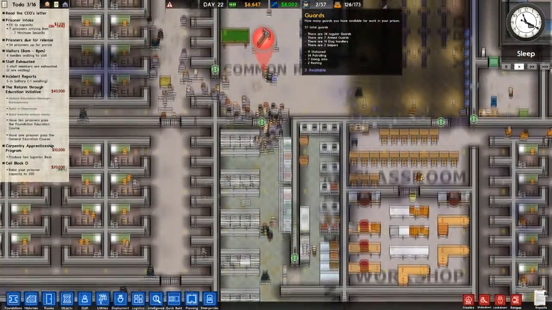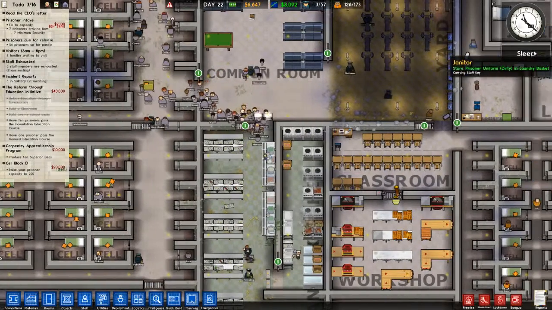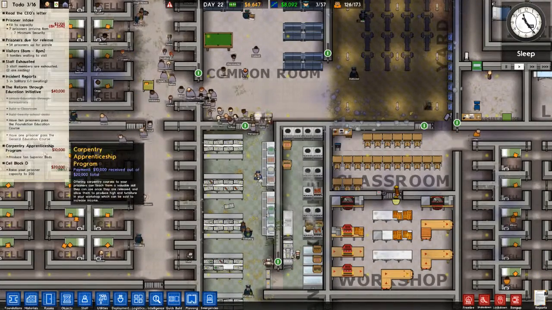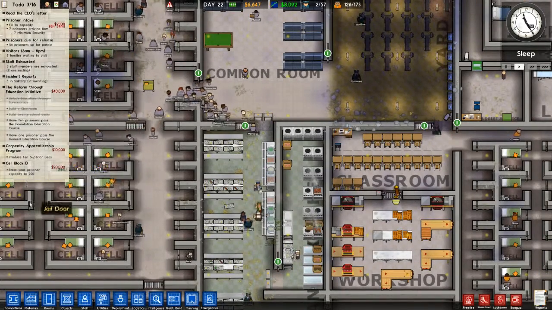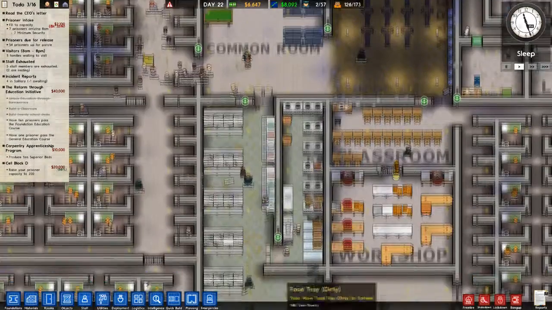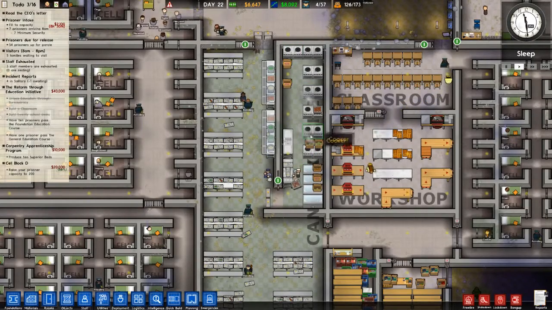Okay, most of them must have been fed already. It does tend to tell you when it's time to go to eat. It does tell you sections here as to how many prisoners you're actually feeding and how many you're managing to feed. So that'll be interesting to check. But as part of that, we want the kitchen not to be...